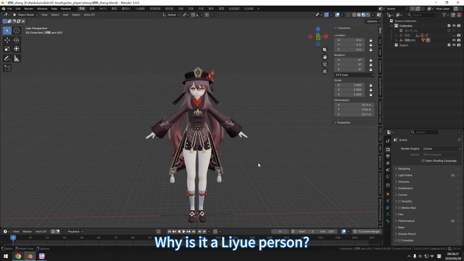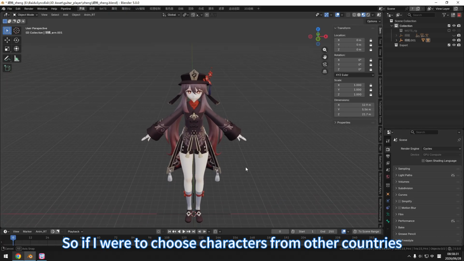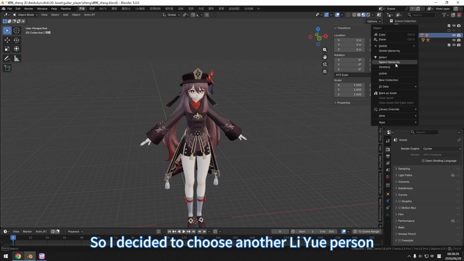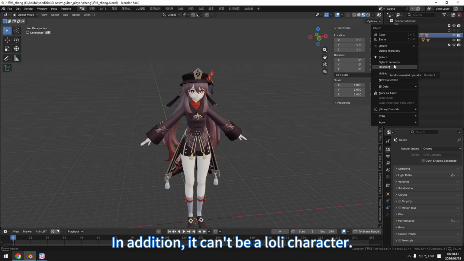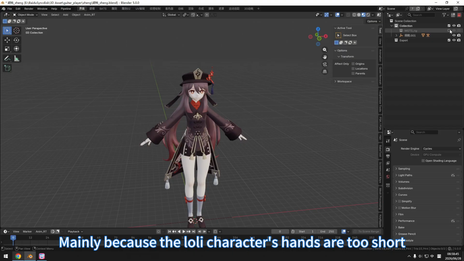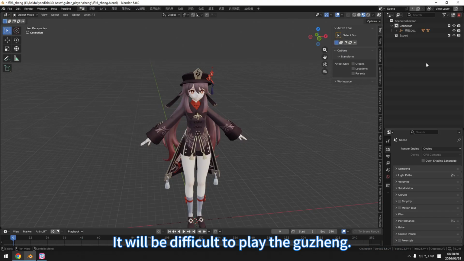Why is it a Li Yu person? Because the GuZheng is a Chinese musical instrument. So if I were to choose characters from other countries, it's going to be kind of weird. So I decided to choose another Li Yu person. In addition, it can't be a lowly character, mainly because the lowly character's hands are too short. It will be difficult to play the GuZheng